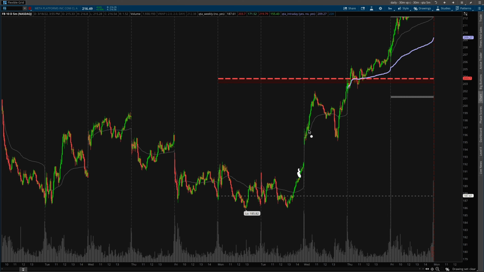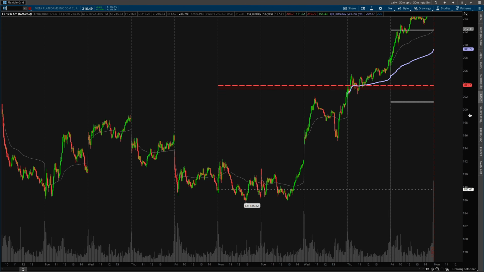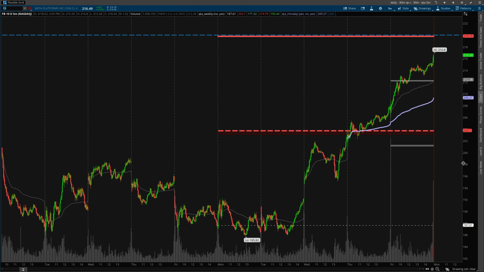My problem is, at least for me, I swung these in naked calls. I didn't structure any type of spreads or any type of calendars. I wish I did, because I would have stayed in it longer. But I was in some 210 calls, and I was also in some 220 calls. But I was in the April monthlies,